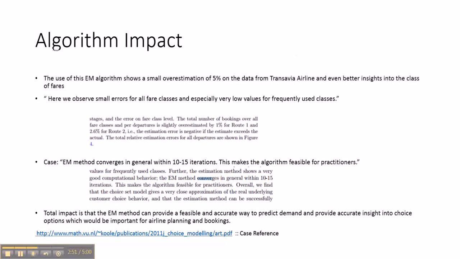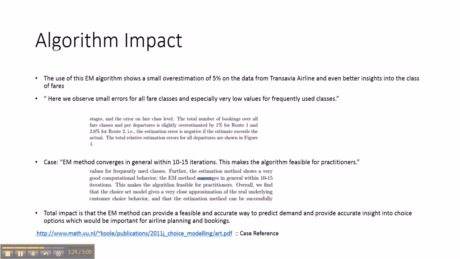The algorithm's impact is that we found the EM algorithm provided a small overestimation, but it provided very good insights into the purchases clients would make per fare level, so it provided a close depiction of what actually is going on in reality, so it would be useful for forecasting. It also performed well computationally. It converged within 10 to 15 iterations in most cases, so it would be a feasible algorithm for them